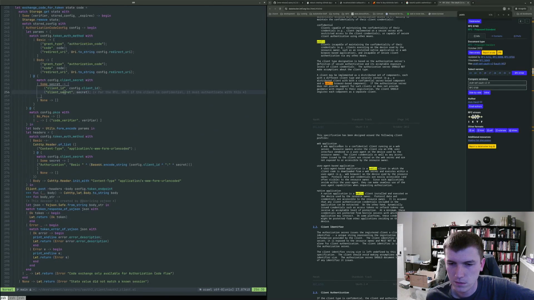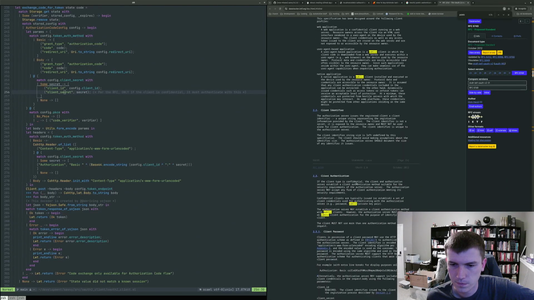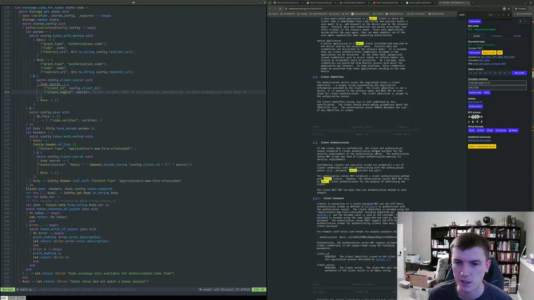Yeah, okay, cool. User agent-based application, yeah. Native application, yeah. Client authentication: if a client type is confidential, client authors establish a client authentication method suitable for the security requirement. Okay. So maybe you can't authenticate the authorization code flow.